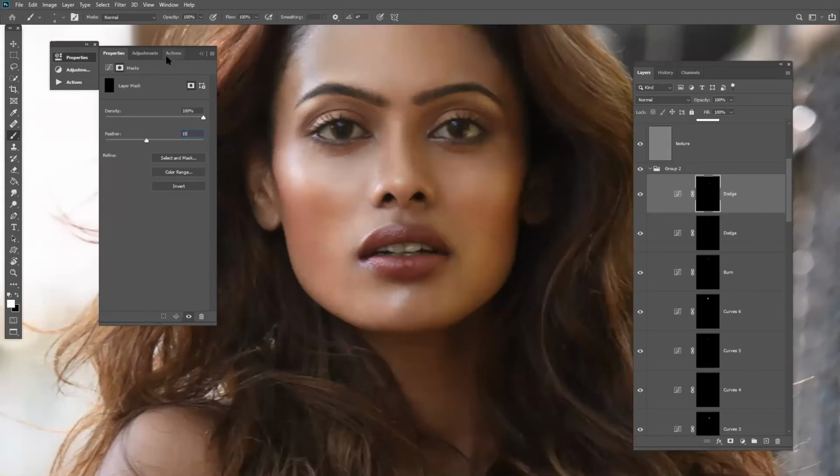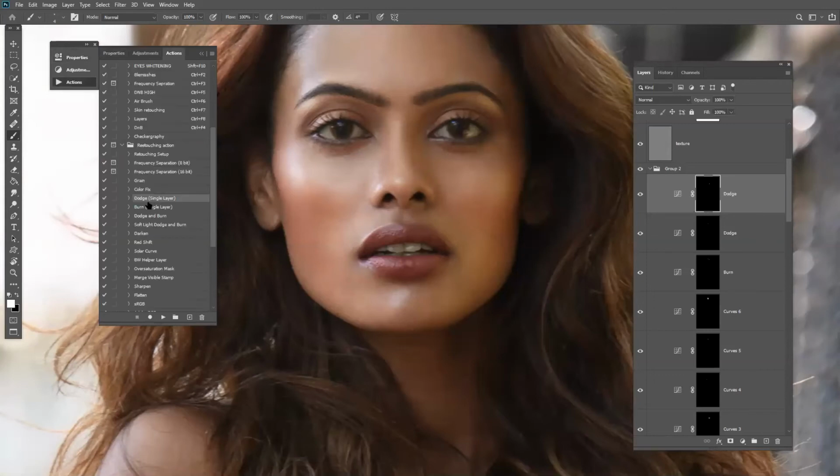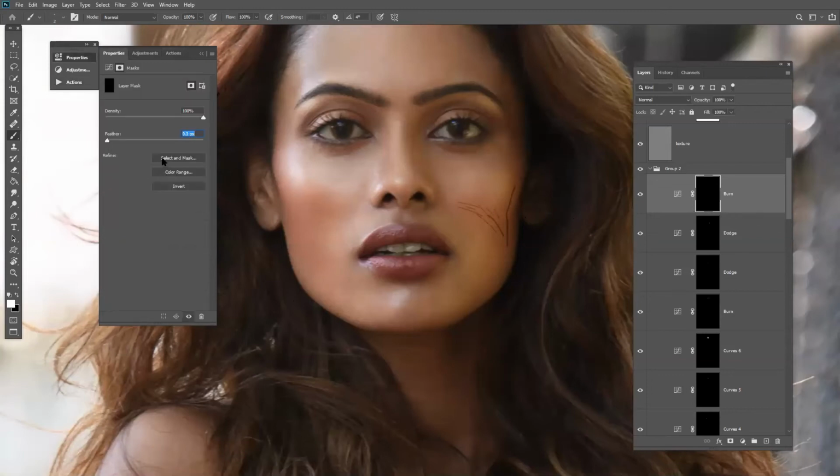Now we can go with a burn layer over here. No, it's too much.